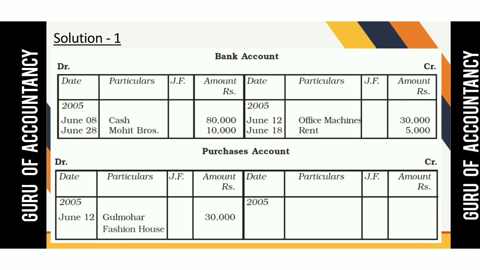Let us see the purchase account, how to find the balance. In the purchase account you can see 30,000 is given on the debit side, but nothing is given on the credit side. So here the debit side total is higher. So you will write 30,000 on both sides. Definitely the credit side difference will be 30,000 because nothing is there. In front of that 30,000 you will write by balance carried down. This 30,000 indicates that the balance of the purchase account is 30,000.